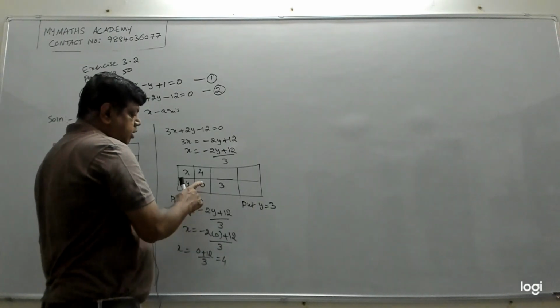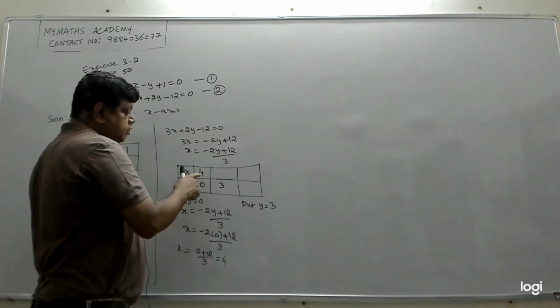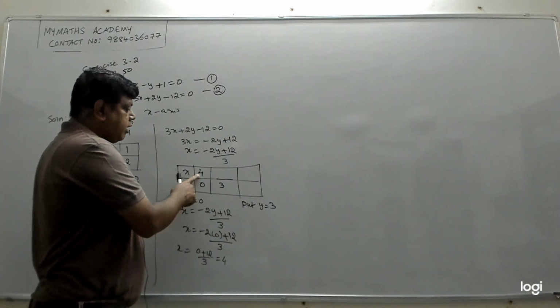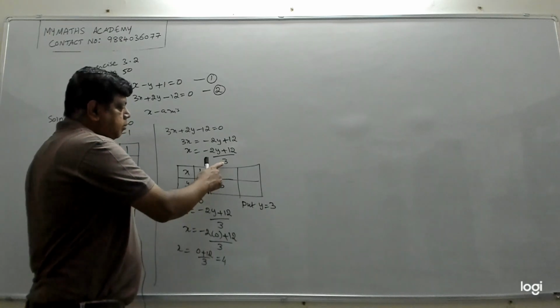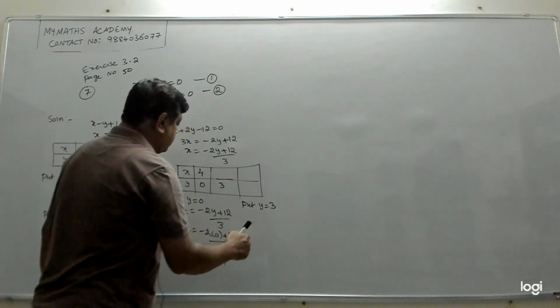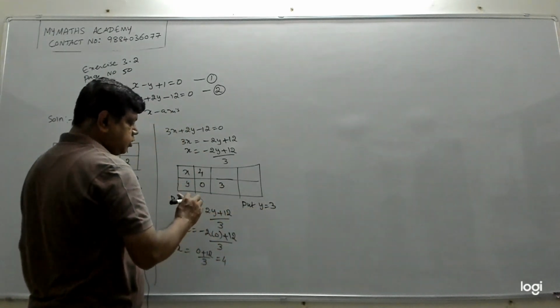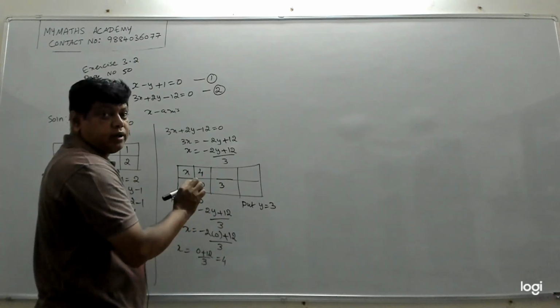Then we have to hold it to this and this to this value, which gave you a nice value for x. You have to add this 0 to this denominator. So 0 plus 3 is 3. Now put y is equal to 3. Then if you put y equal to 3, you will get x is equal to nice number, a whole number. You don't get a fraction.